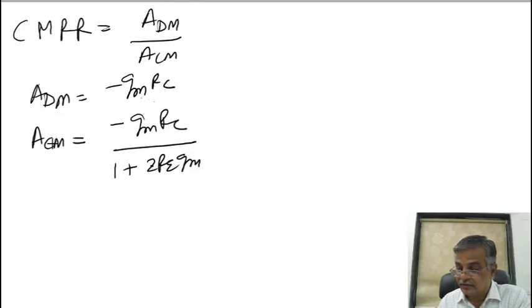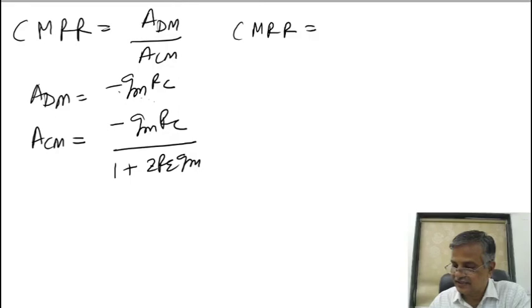Here you may have questions, sir, this equation you are writing for balanced, this equation you are writing for unbalanced. Because we know that for a balanced differential amplifier this will come to 0. Sir, why? Because when we are deriving the equation, we are taking the ideal situation. So that's why I am taking such equation. CMRR is nothing but the ratio of these two.